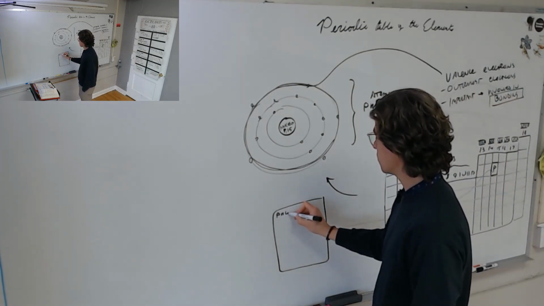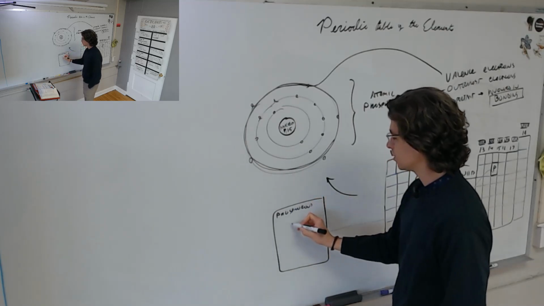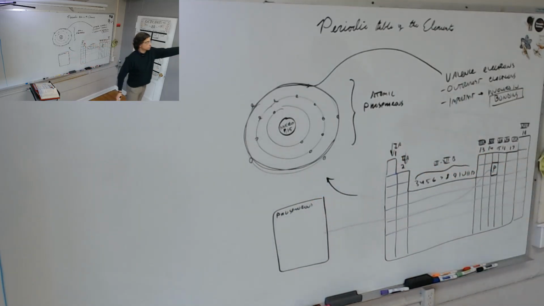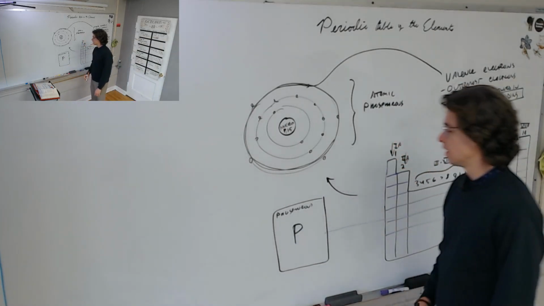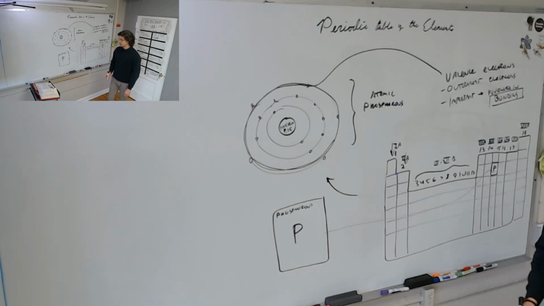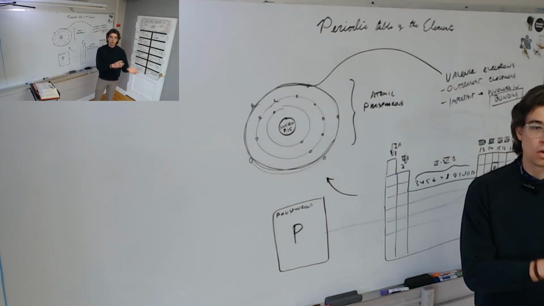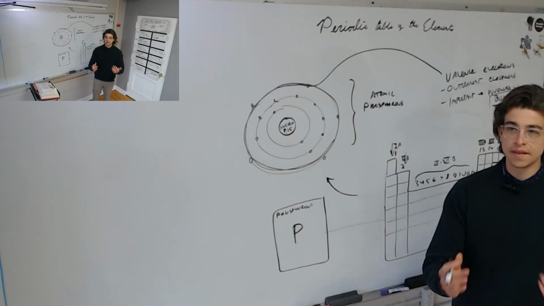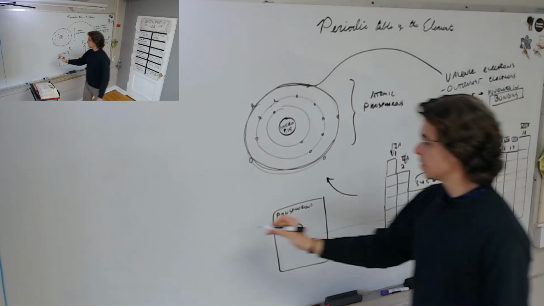So we can tell its name, phosphorus. I'm drawing here a little square that would represent the square phosphorus would have on any standard periodic table. So we have its name, we have its symbol, the letter or letters that represent the element. And by the way, these letters are always either a single capital letter or a capital then a lowercase. And that's because when we have them in a substance, if we write